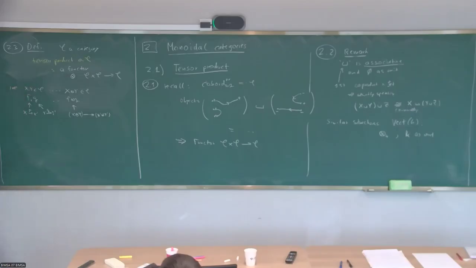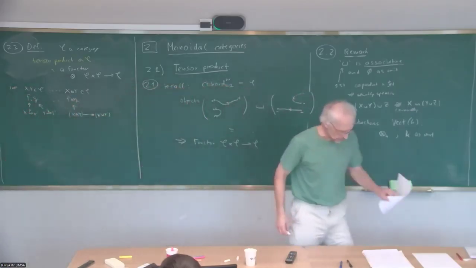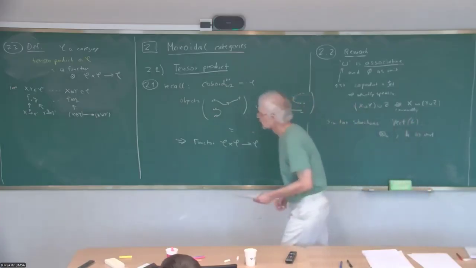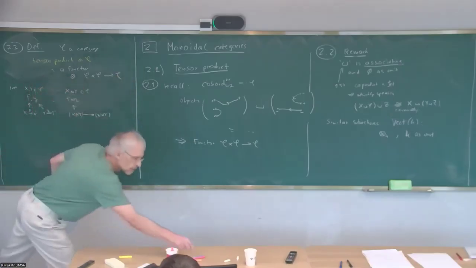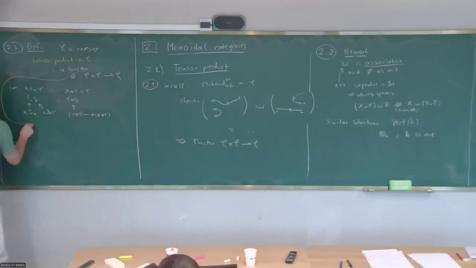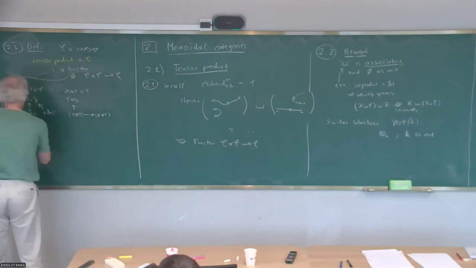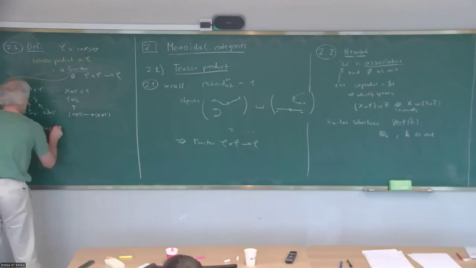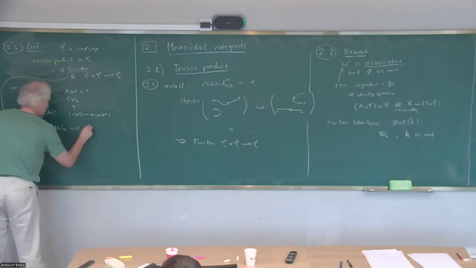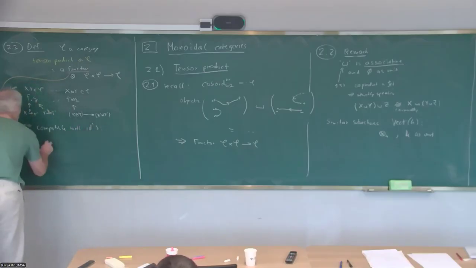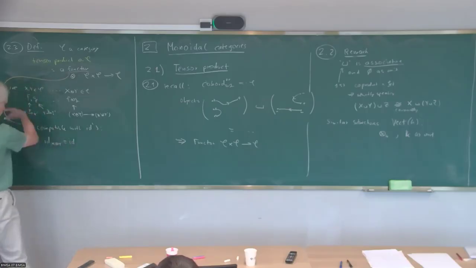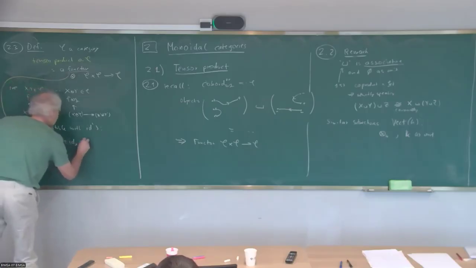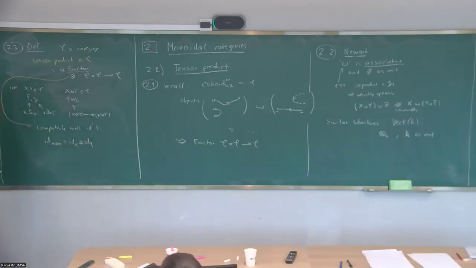Now, if you write down what it means that this is a functor, then you have two requirements: one, compatibility with identities, meaning that the identity on the object X tensor Y is the tensor product of the morphism identity on X and identity on Y, and compatible with composition,